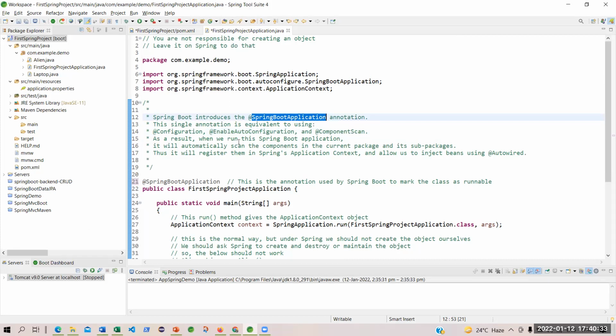As a result, when we run this Spring Boot application, it will automatically scan the components in the current package and its sub packages. That means under these packages you have various resources, various sources, isn't it?